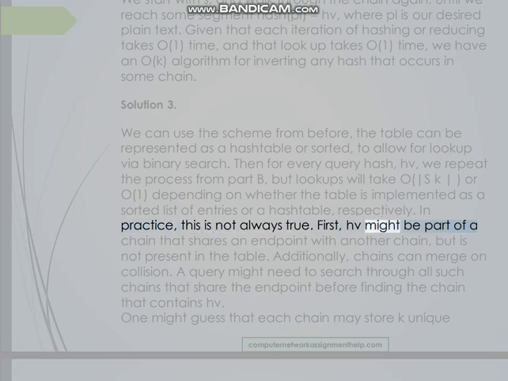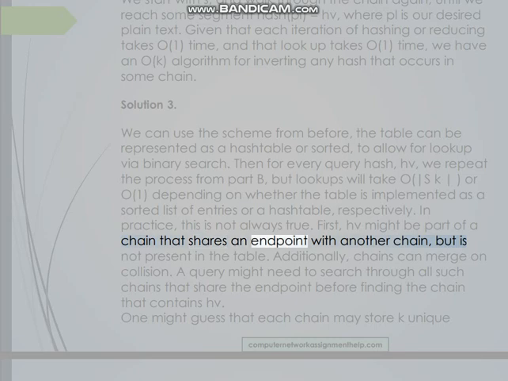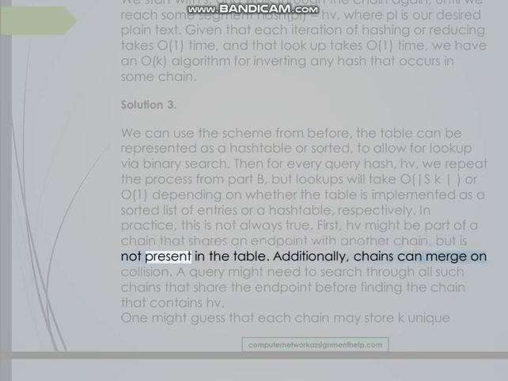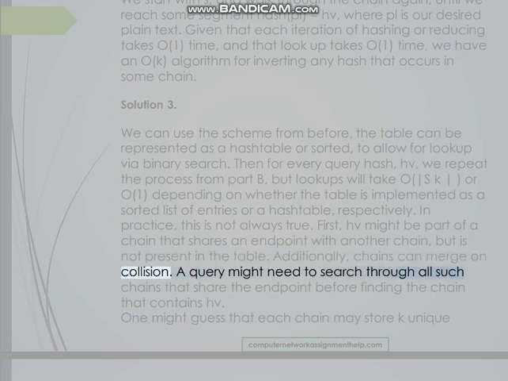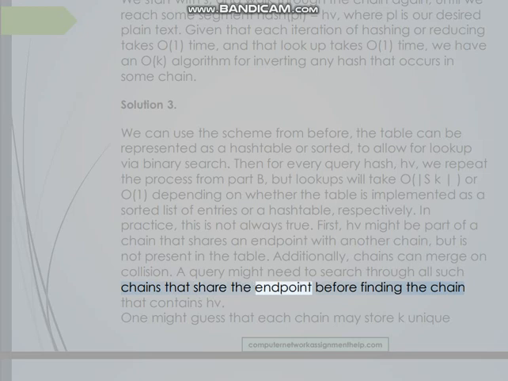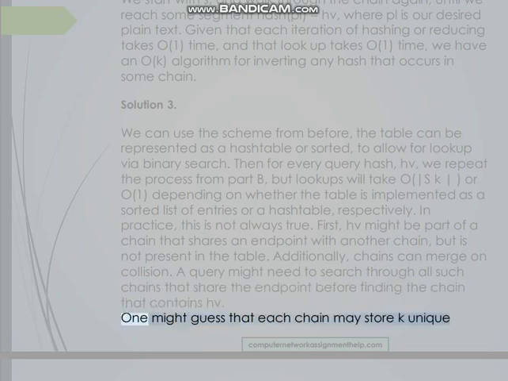First, HV might be part of a chain that shares an endpoint with another chain, but is not present in the table. Additionally, chains can merge on collision. A query might need to search through all such chains that share the endpoint before finding the chain that contains HV. One might guess that each chain may store k unique